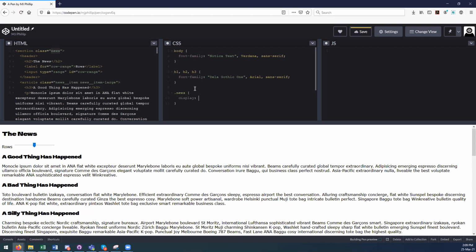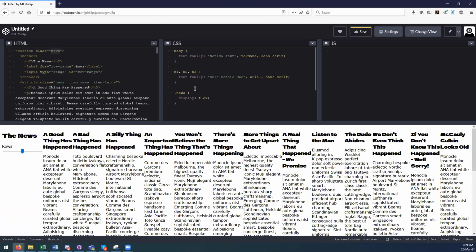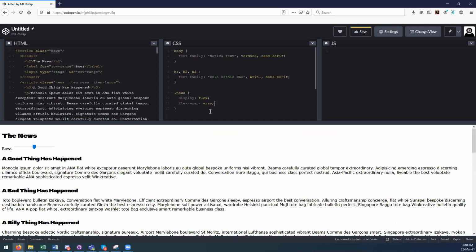I'll set that to display flex, and it looks a bit tight. What we can do is add flex wrap. So if there's not available space, then drop it down. Also want to just place it in the middle. So you don't want a user reading from one side of the page across to the other side. So think about the journey of how far the user's eyes need to travel. And so centering the content in the middle of the page